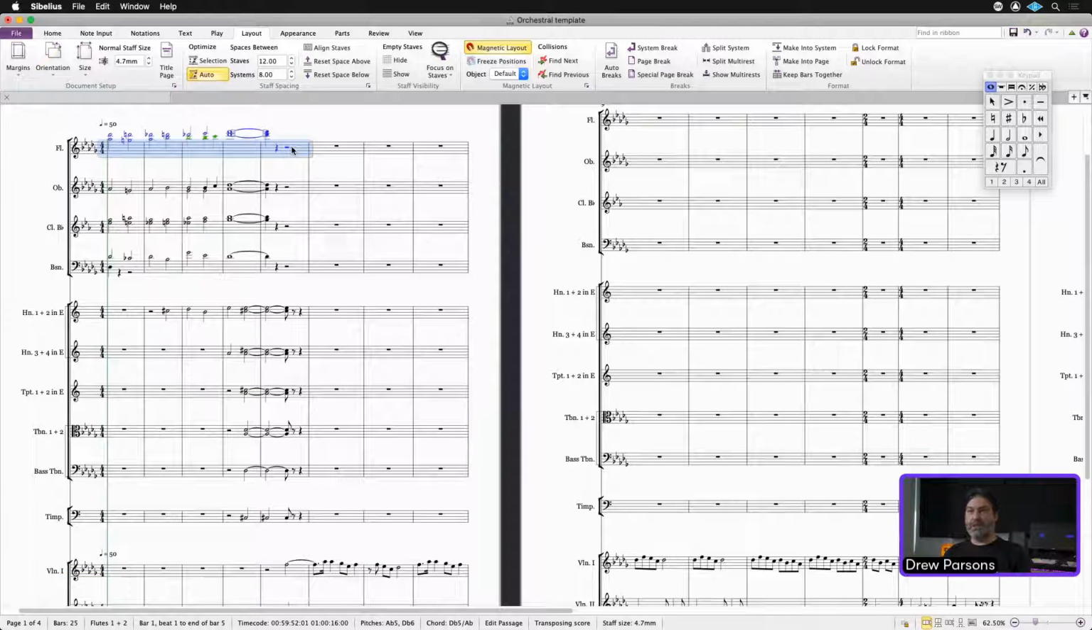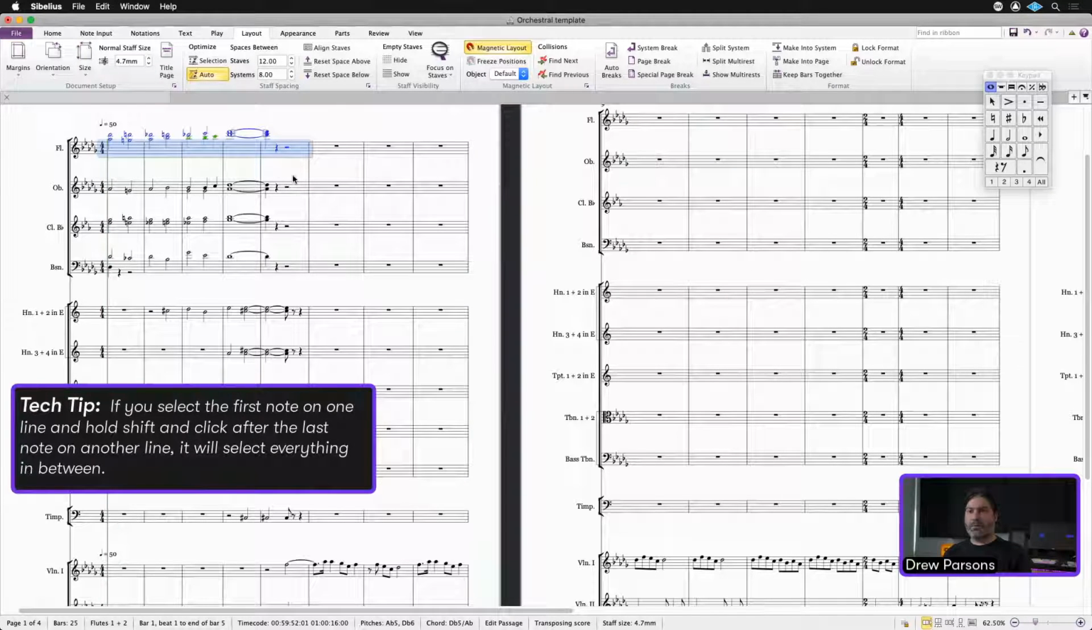Just at a glance, I can see with this MIDI import, there are a few things that I will need to change. Just looking at my flutes and oboes here, I've got a few notes that are playing on a second voice, but the first few notes are only playing on the first voice. So I'm just going to select